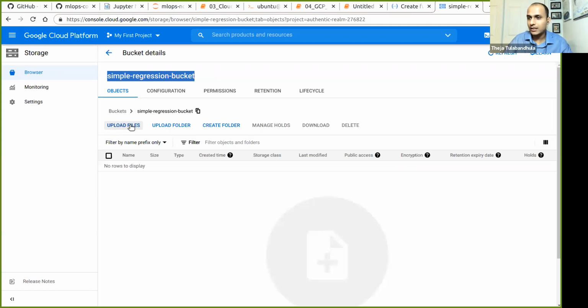If I click on this, it'll actually open stuff on my local machine. Let's see. It's gonna open my local file, and this is my local folder instead of the remote machine, but I do have that simple_regression.pickle file, right?